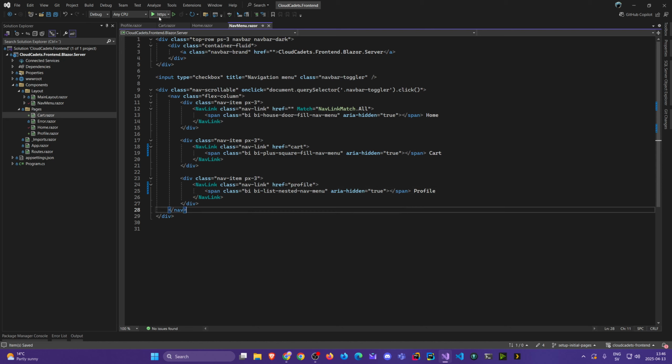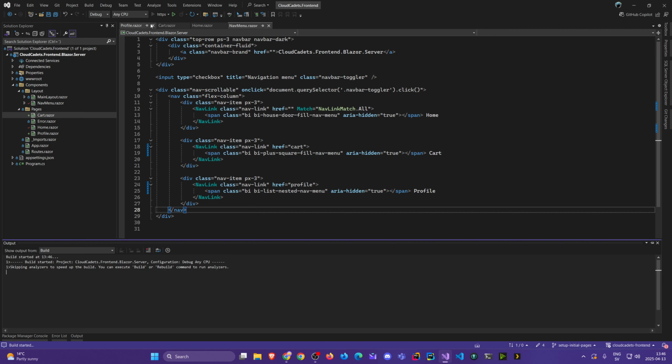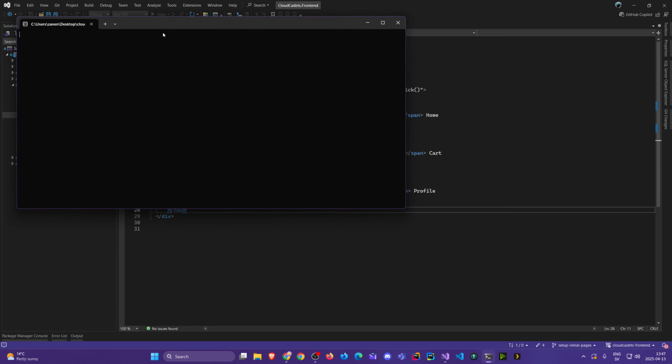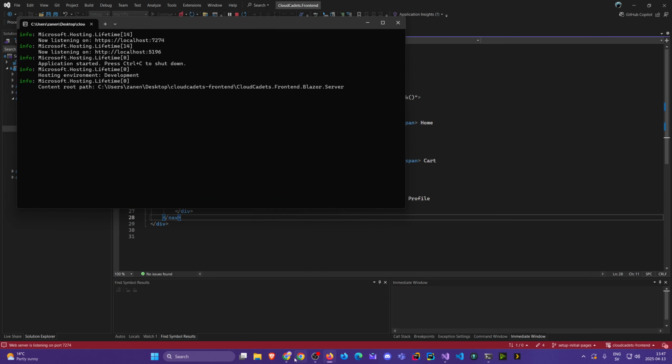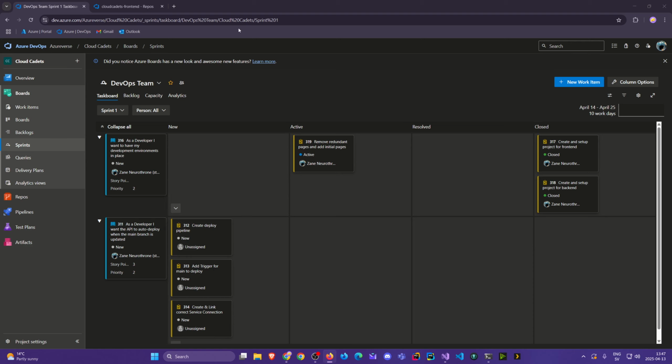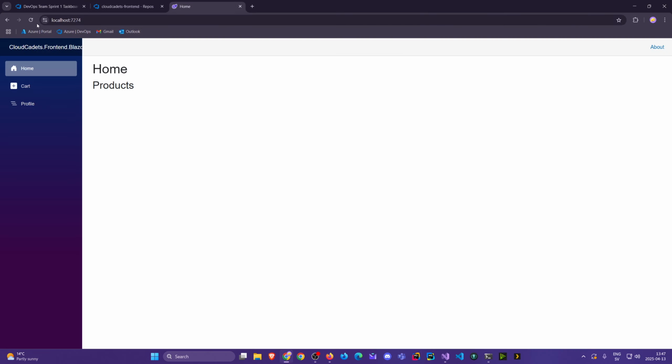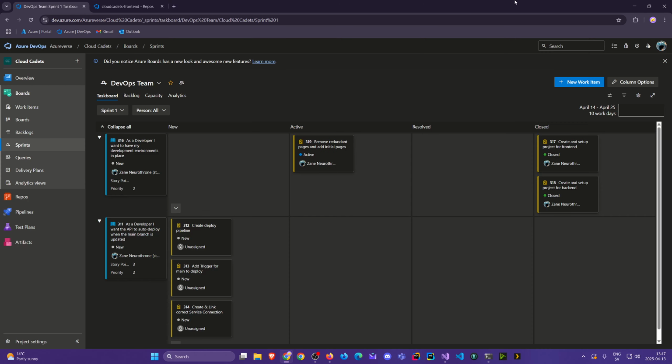and we can verify that this works before we break the internet, our remote repository. And right, let's open this. Let's open a tab. Home has the products, cart, your products in the cart, profile, your profile details, and the routes match. Great, that works. We know it works. Let's close this